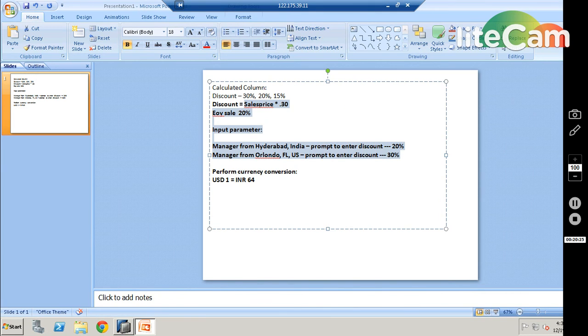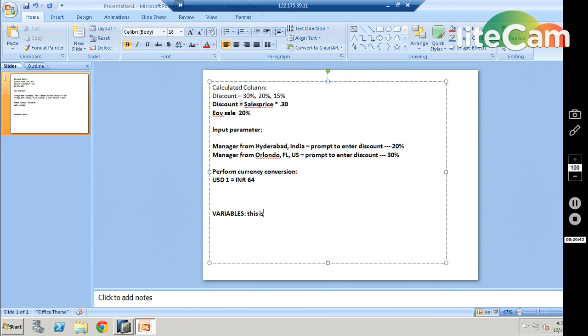So what is a variable? This is all about input parameters. Now, variable. A variable is used to filter the data to be reported.